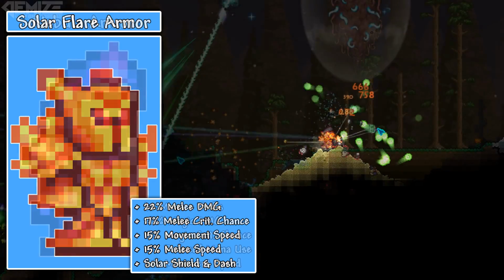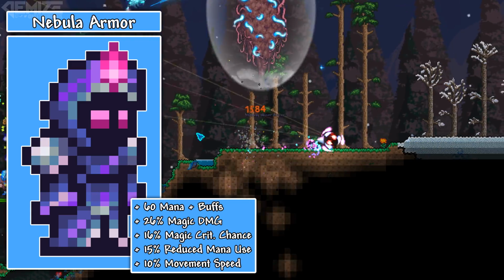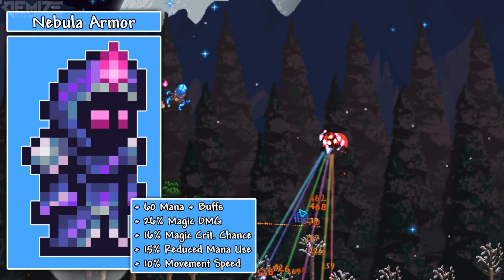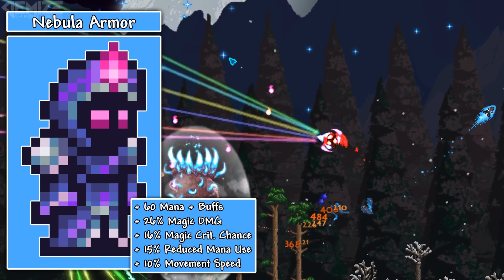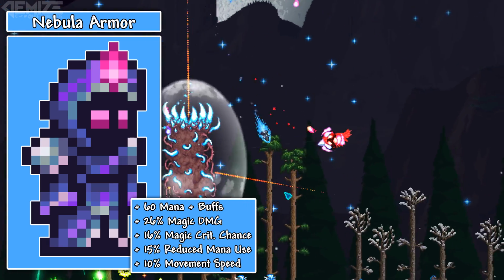And last but definitely not least, and maybe even the best, we have the new mage armor called Nebula Armor. It has a total of 46 defense, making it only slightly better than the Spectre armor, but it also has 60 additional mana, 26% increased magic damage, 60% increased critical strike chance, 50% reduced mana usage, and